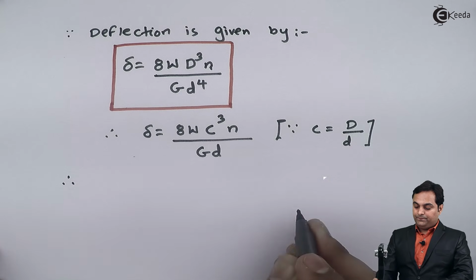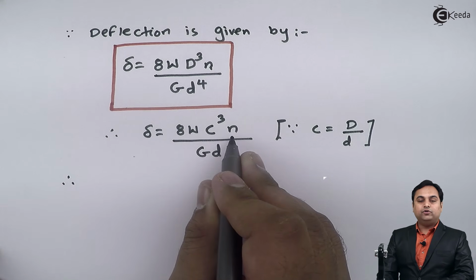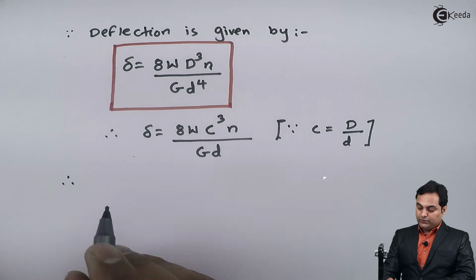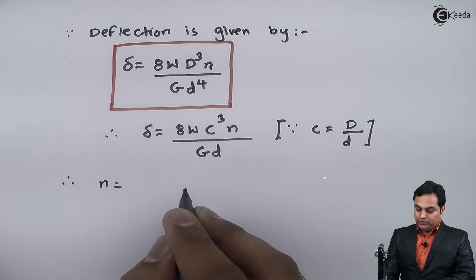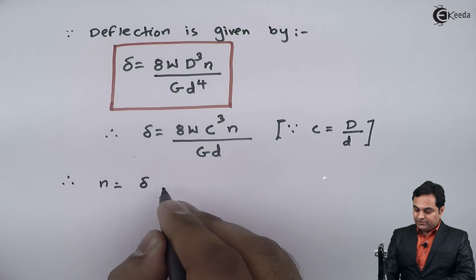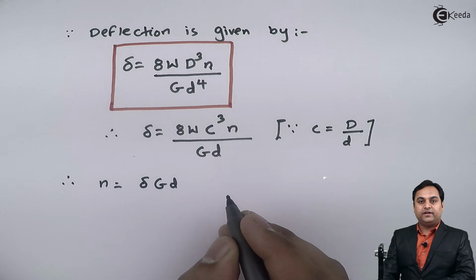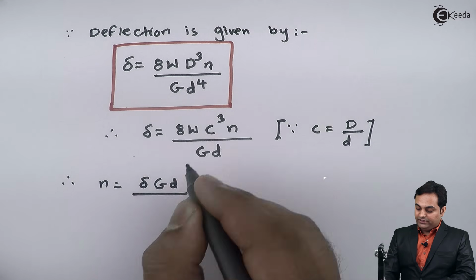So here I want to calculate N, the number of active coils. So N will be equal to deflection, this G d term goes to the left hand side, and in the denominator it will be